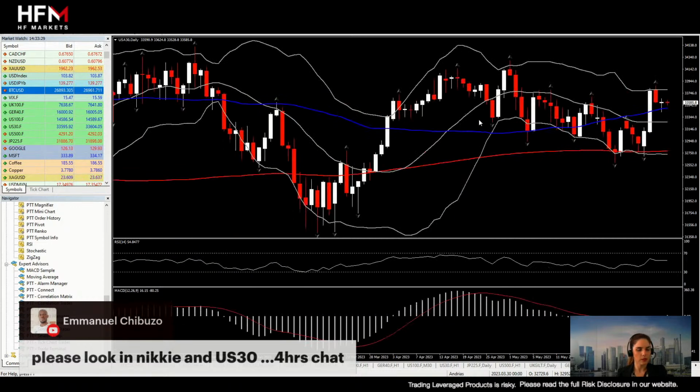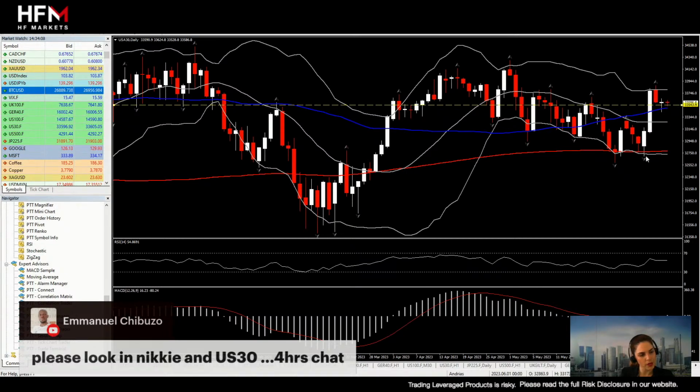So very mixed performance from the Dow over here. A bit unchanged, but holding. Significant is the fact that it's holding the majority of the gains seen last week. It remains above the 50-day moving average and the 20-day moving average, but it has entered a range market as well.